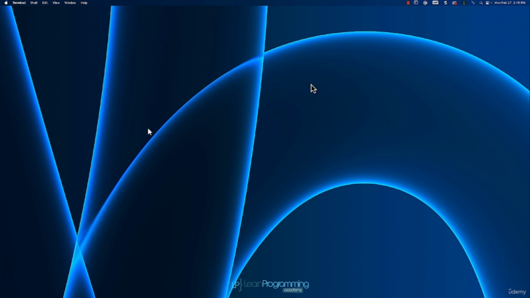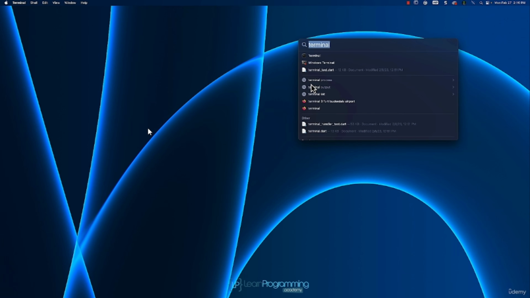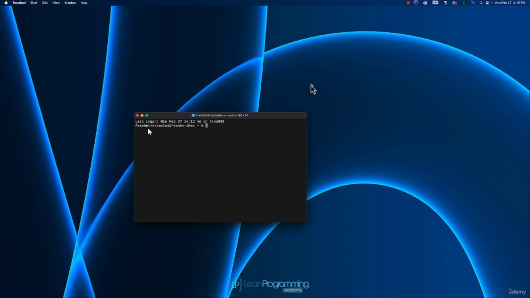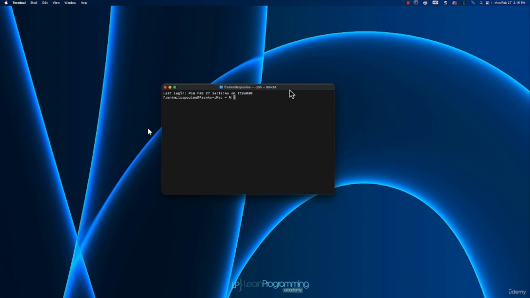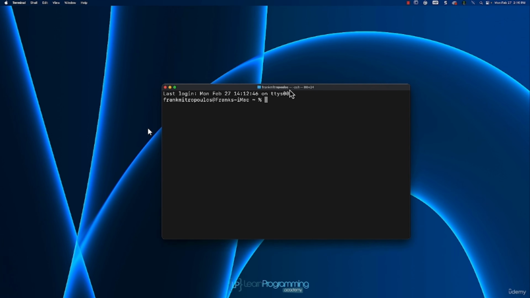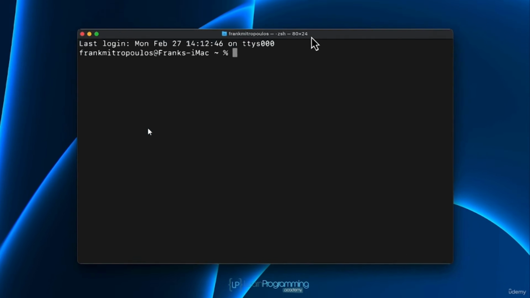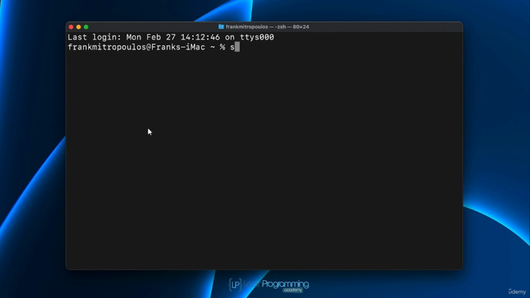So what I want to do here is open up a terminal session. You can just press Command Spacebar and type in terminal. And that'll open up a terminal shell. And I'm just going to hit Command plus a few times just to make it a little bigger, so it's easier to see. All right, so at this point, we're going to type in sudo, that's sudo, followed by